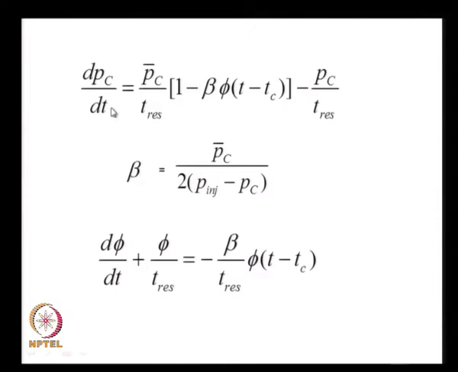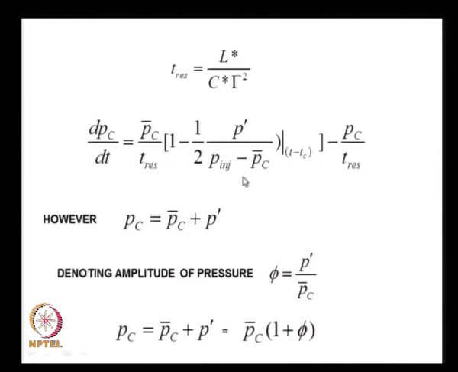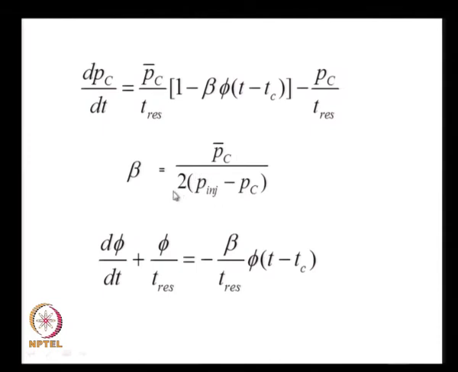I get the value as dPC by dt is equal to PC bar by T residence into 1 minus the value of beta, and this beta I substitute in terms of PC bar divided by 2 into P injected minus PC bar. Let us go back to the old one. I denote this particular expression, P injected minus PC bar, I take PC bar by PC and therefore I get PC bar on top, therefore P prime by PC bar is equal to phi, and I get PC bar on top, therefore PC bar by P injected minus PC bar, and that with a 2 here